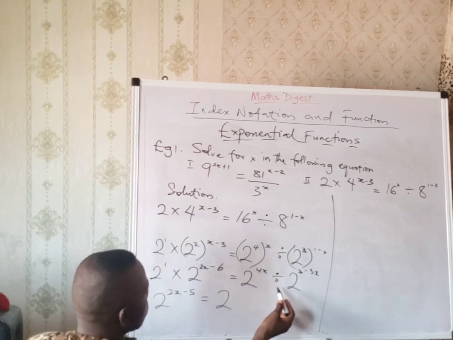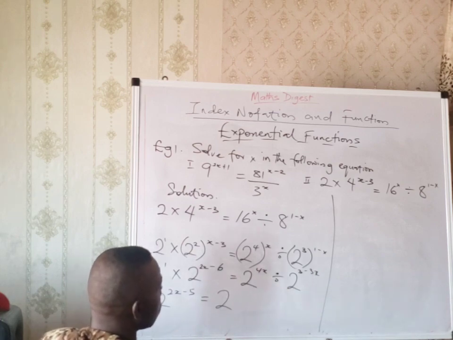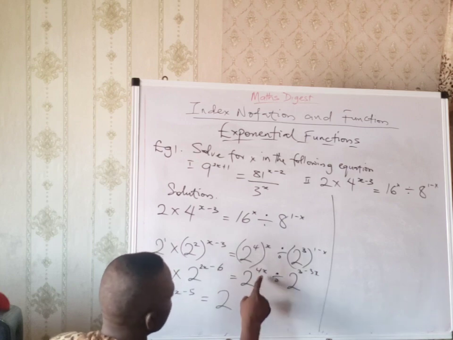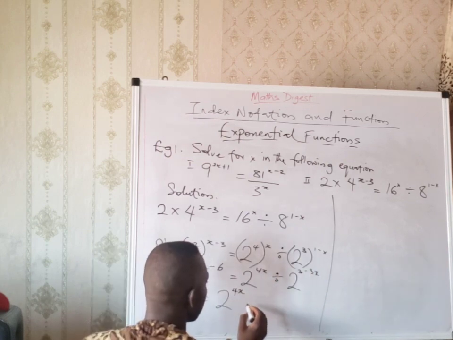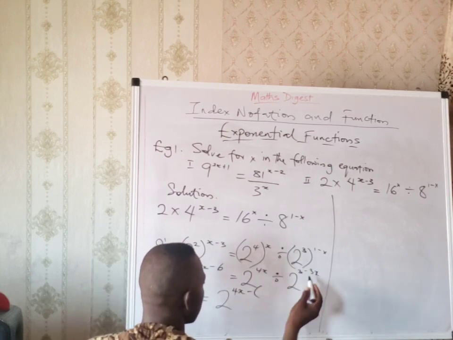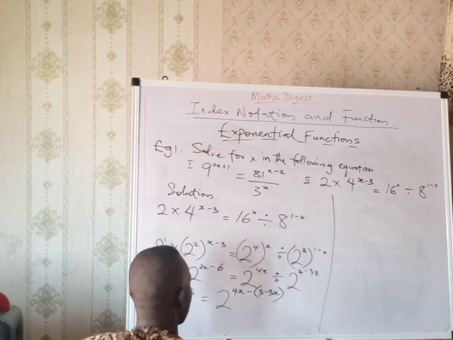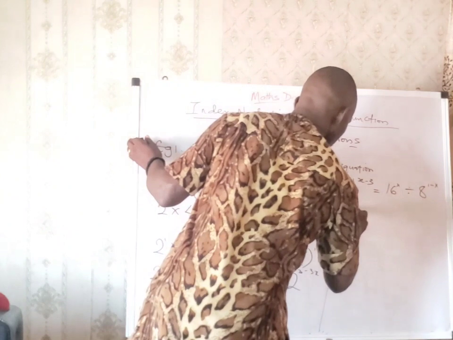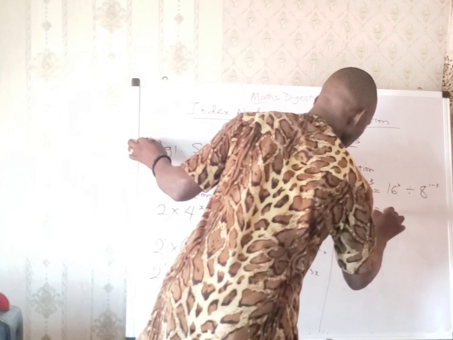remember, when it comes to the second law, we are dealing with what? Division here. So what we do is, we subtract. Okay, we subtract. So in that case, we can say this minus this, 4x. Now minus whatever you have there, because that is the divisor, 3 minus 3x. Okay, so from here we move to the other side. We can have that 2 raised to power 2x minus 5 equal to